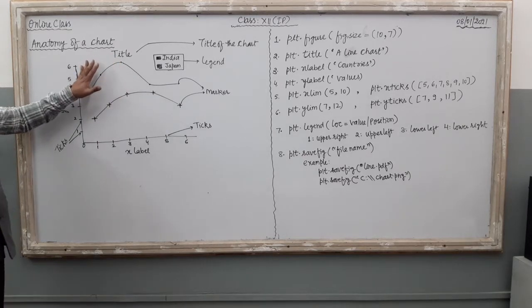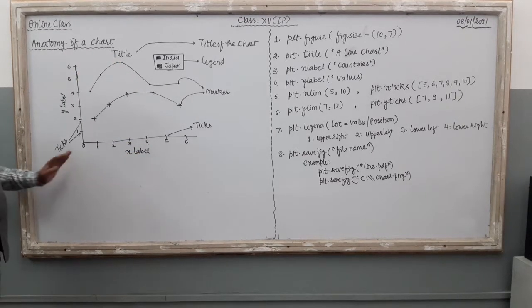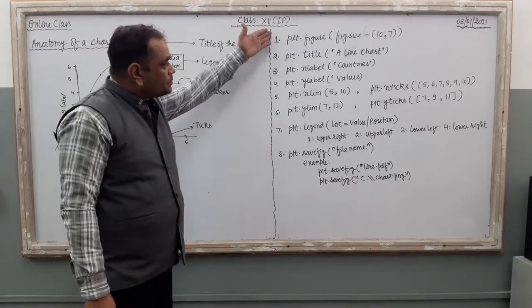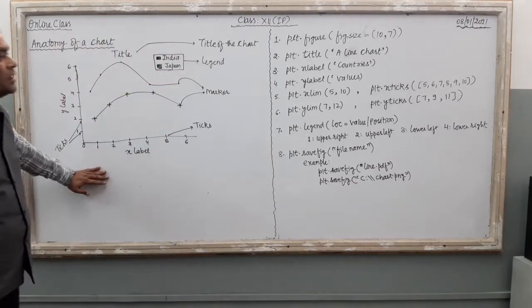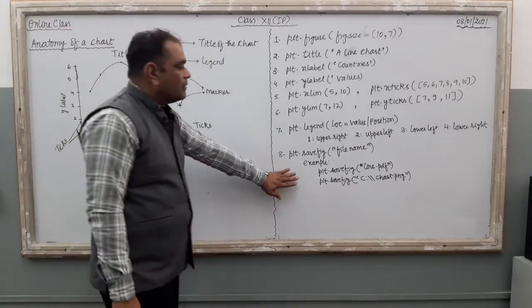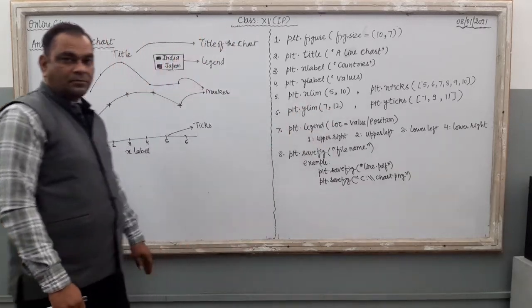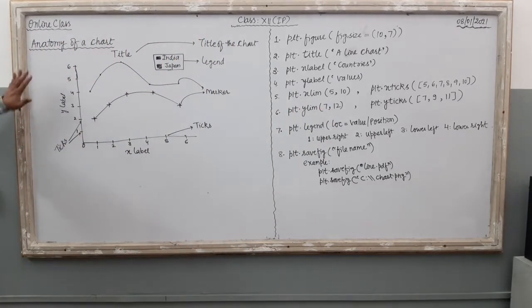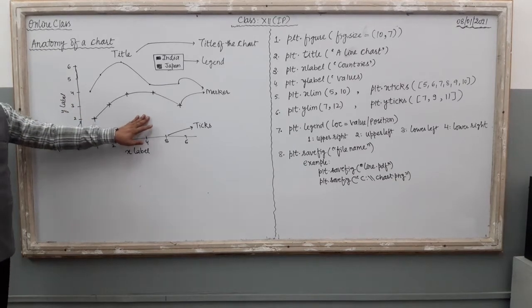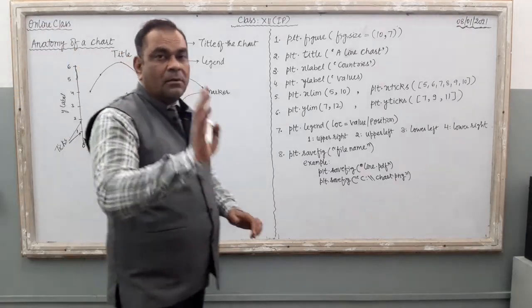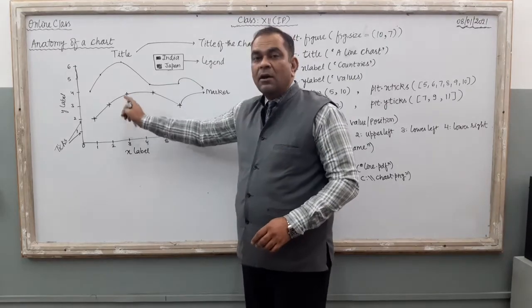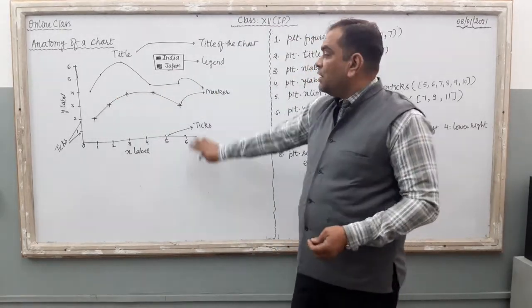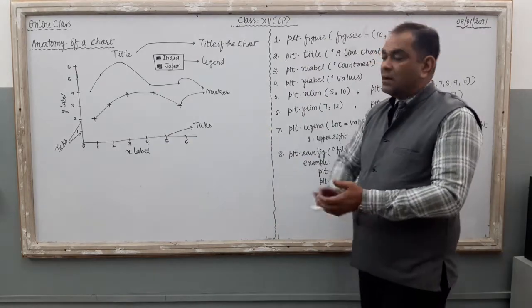For that, I have created one sample chart on the board, and on this part, some pyplot functions that affect the anatomy of the chart. These functions are available on that side of the board. Now just see what the internal structure of the chart is. Here I created a multi-line chart on the board. Two line charts are available on a single figure, so we can say it is a multiple line chart. Right?